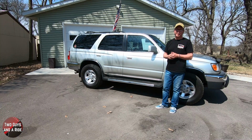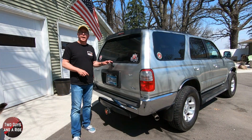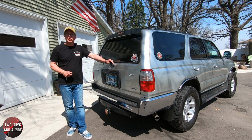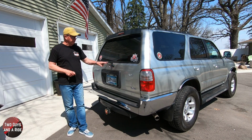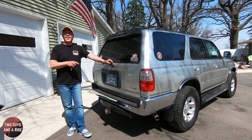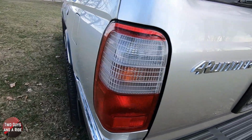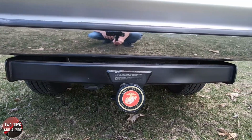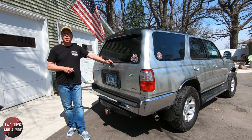Let's take a look out back. Okay, out back we do have the rear cargo lift gate, and it does have a power window. I'll show you that in just a minute. It does have a defroster and of course the wiper. You do have incandescent rear tail lights. You have the rear step bumper. You have the trailer hitch and harness, and I like that it has the chrome bumper,